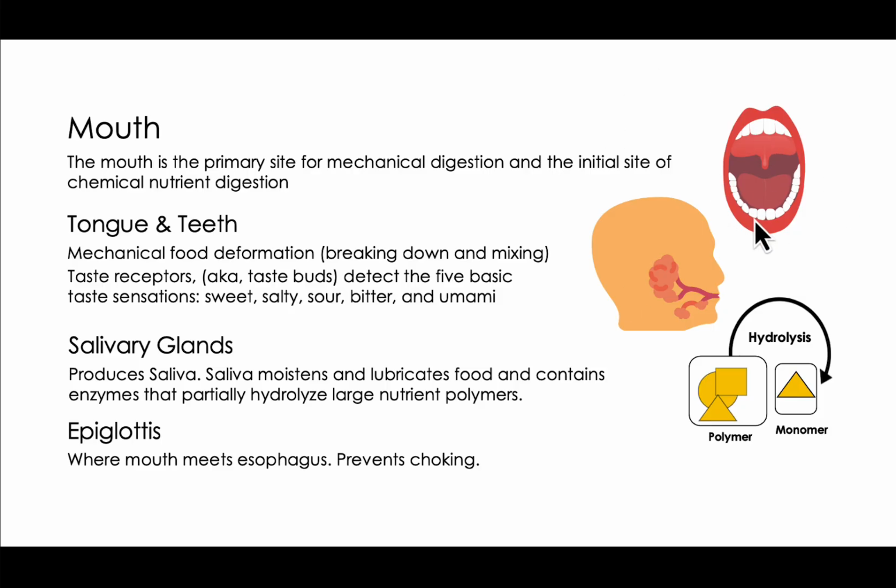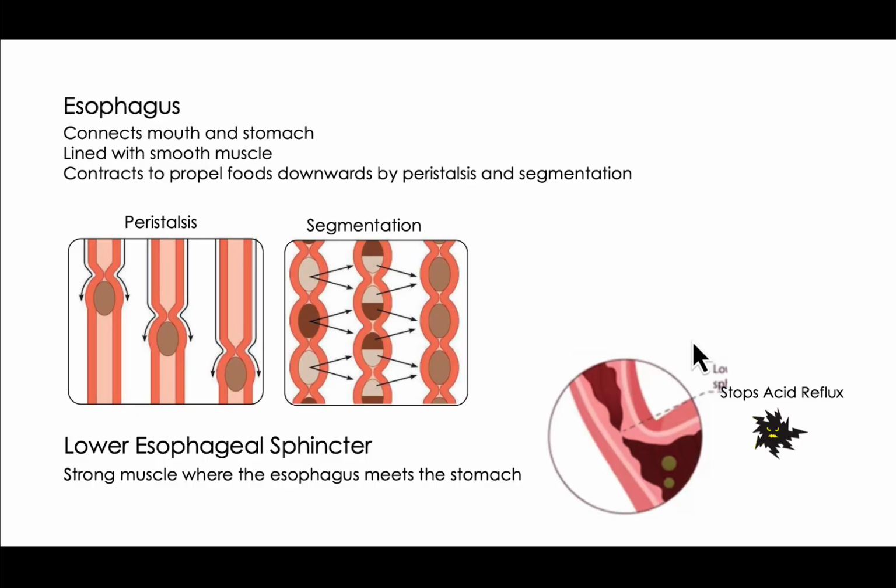It can close in the molar area with 200 pounds of force. So anyway, the mouth is a major site of nutrient digestion because we're breaking it down there and chemically digesting it with enzymes. The esophagus: foods move down through the esophagus, and very importantly, it closes with this flap. And if that flap loses its integrity, the acid backflows into the esophagus,